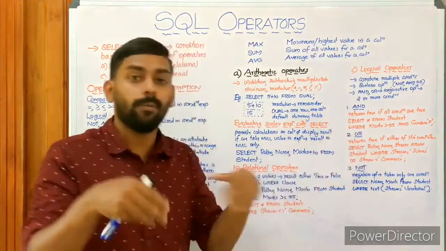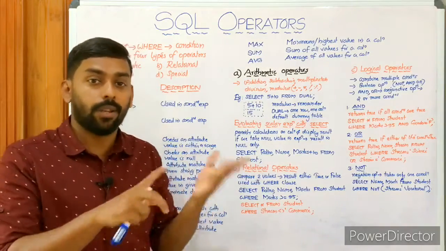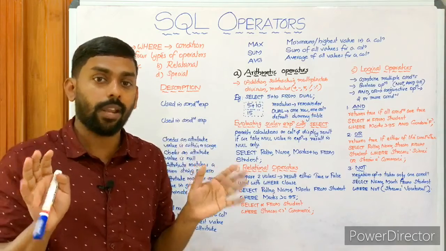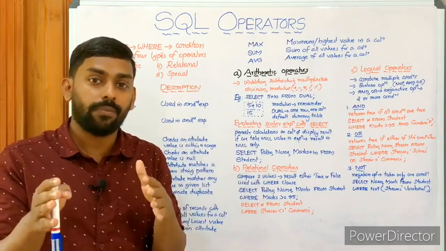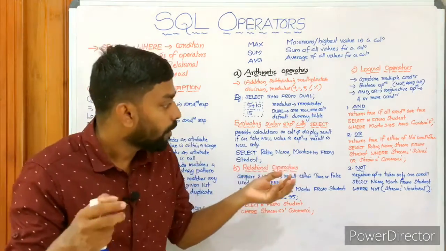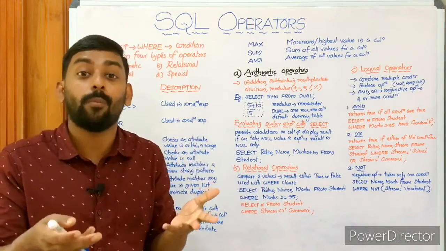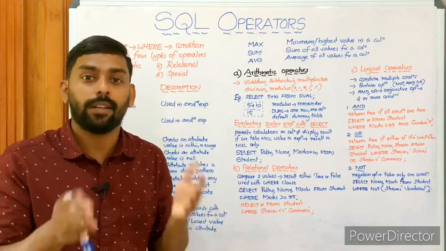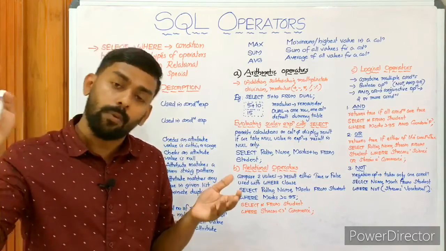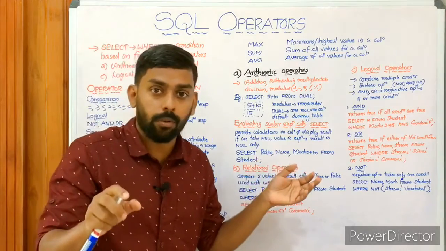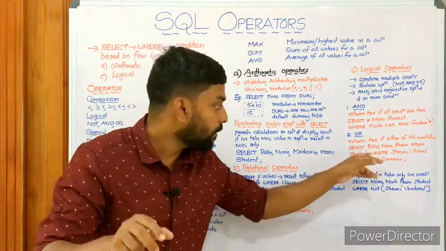What will be the result? We have 30 students in science and 25 students in commerce. So the resultant table consists of how many rows? 55, right? 30 plus 25. Suppose we have a humanities batch as well, it won't be displayed, right? It won't be considered because these are the conditions.